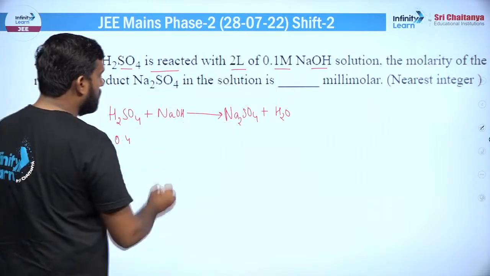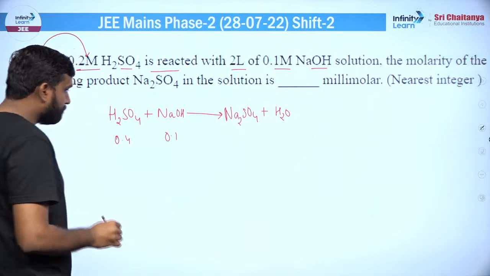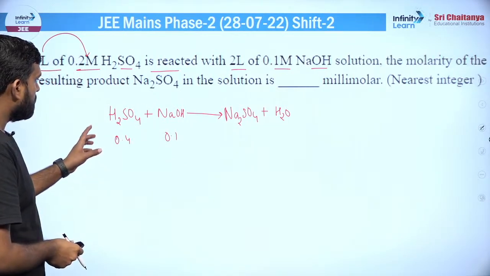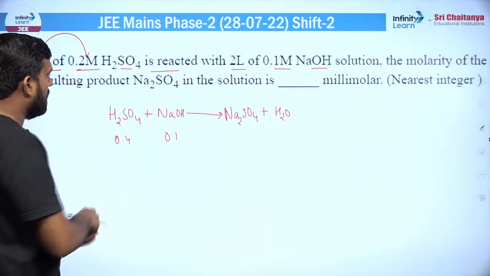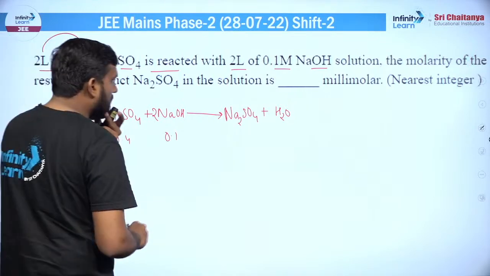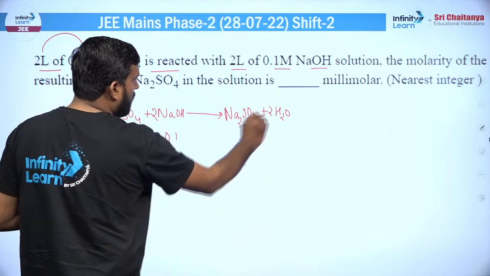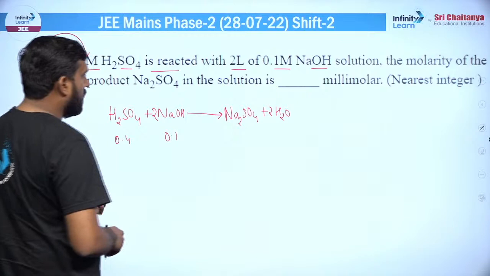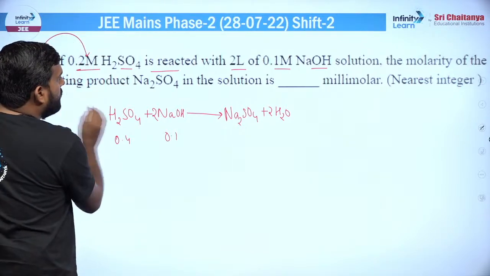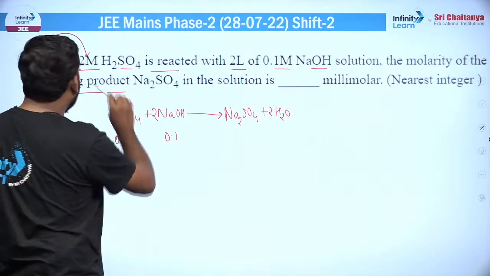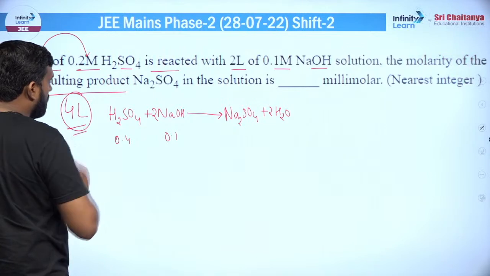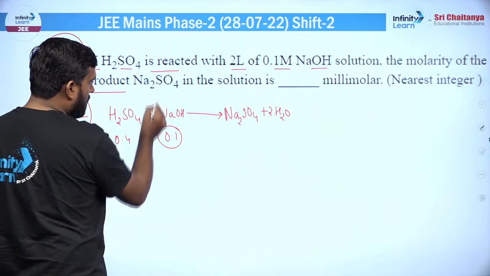अगर मोल्स देखोगे तो आपको 0.1 मोल मिलेगा। यही चीज़ हो रही है ना, और रिएक्शन बैलेंस्ड है, हाँ बैलेंस नहीं है, सॉरी, अब बैलेंस्ड होगा, 2 मोल वाटर निकलेगा बस, हाँ ठीक है, अब बैलेंस्ड है रिएक्शन। अब देखो द मोलैरिटी ऑफ द रिजल्टिंग प्रोडक्ट आपसे पूछा जा रहा है। वॉल्यूम जो है वो 4 लीटर हो गया है। वॉल्यूम ध्यान रखना, अब नया वॉल्यूम 4 लीटर हो गया। अब ये आपका लिमिटिंग रिएजेंट है,